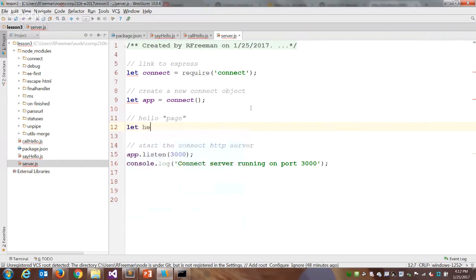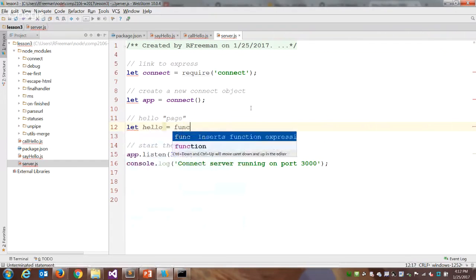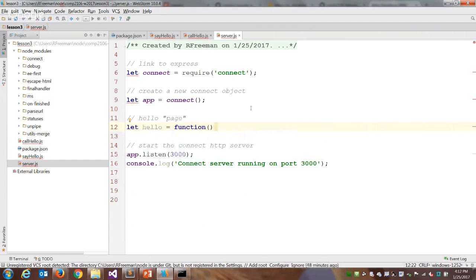So I'll create a variable here called hello, and then set it equal to an anonymous function with 2 parameters. Request. Actually, our Connect module has 3 parameters. It's got the request that comes in, the response we want to send to the browser. There's one other parameter which is called next. So that's in case after we're done handling the request and sending a response, we want to call some other